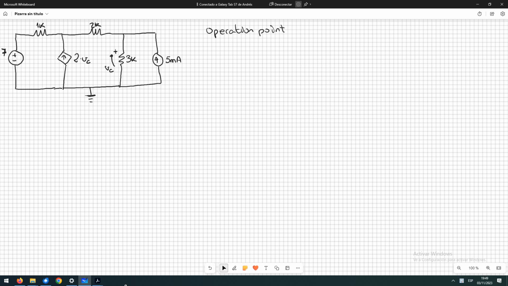So we are going to identify the nodes of the circuit. We can see that I'm going to use this node, and this one. We have three nodes that I'm going to call node 0 for the ground, node 1, and node 2. So we have three nodes. And how many branches? We are going to have